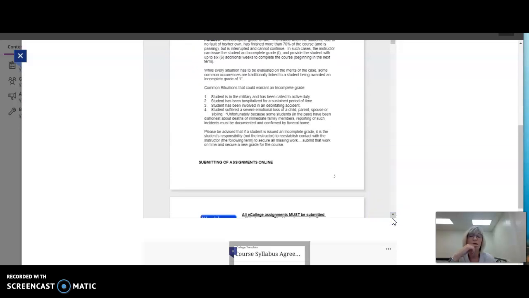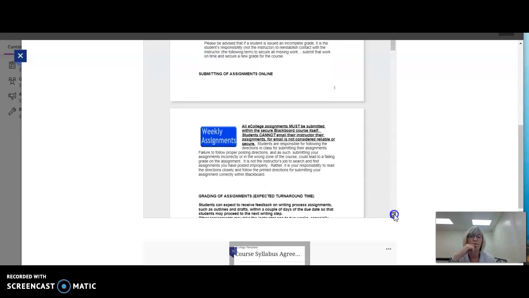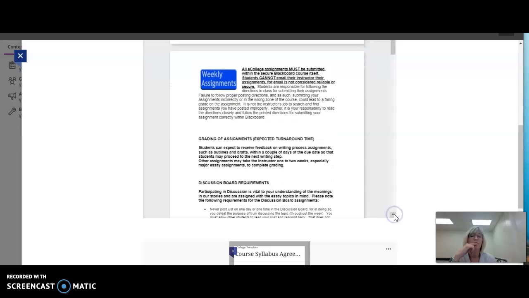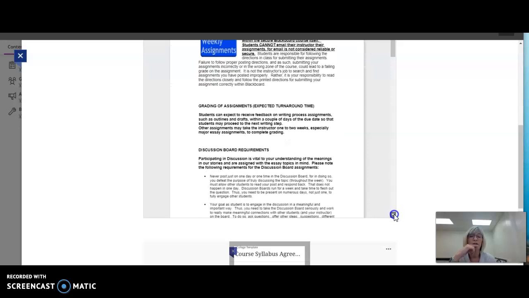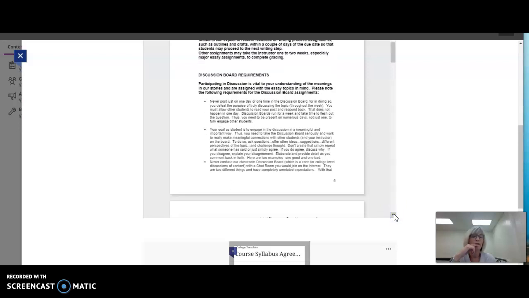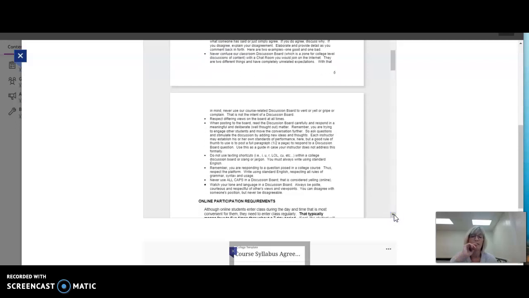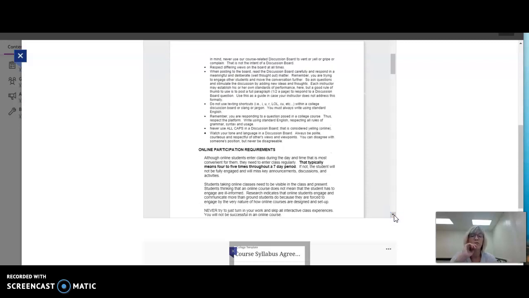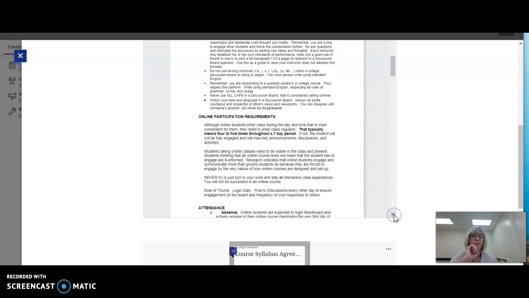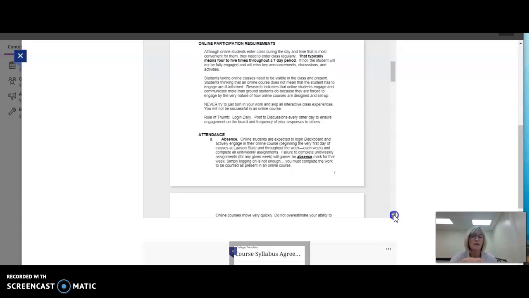The other thing that's kind of important, make sure you read the late policy for things turned in late, how you're supposed to do on the discussion board. It's not just a place to answer a question for homework. It's graded on interaction. It is also graded, needs to be regular, standard English grammar, and interaction throughout the week, not just on Sunday night.